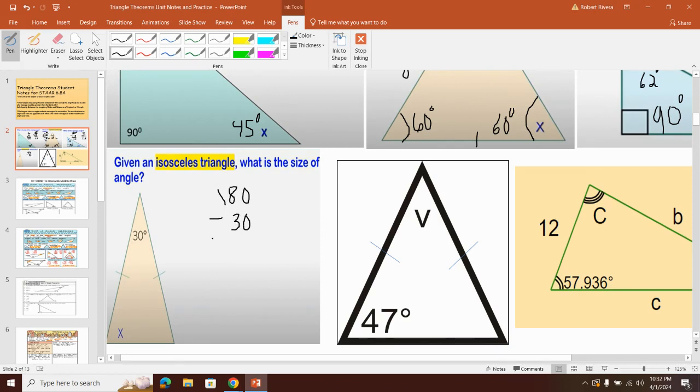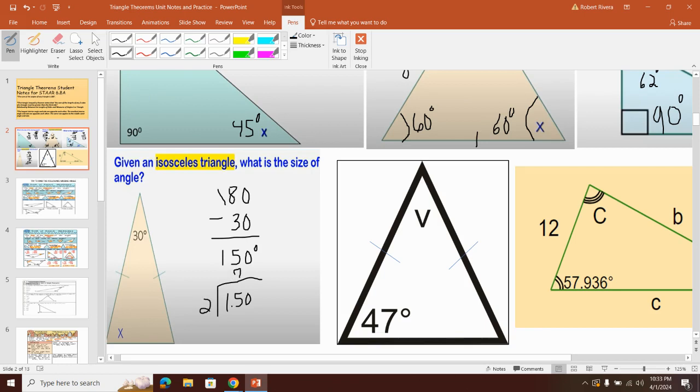Because they just give me 1, I can't do much. That would be 150. Now, that means that these two together have to equal 150. Since it's an isosceles, their angles should be equal. So I can divide by 2 this time. The way we divided by 3 over here with equilateral, we can divide by 2 because in an isosceles, two angles are equal. So I can divide it by 2,